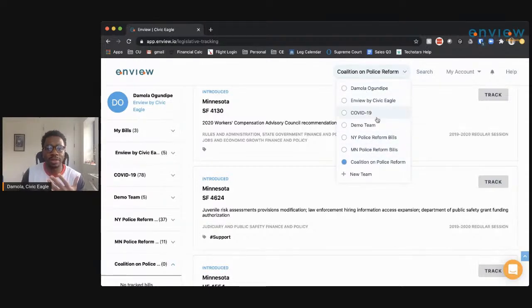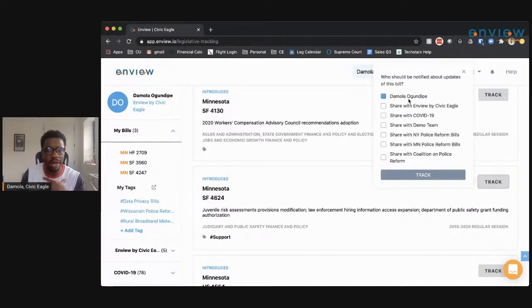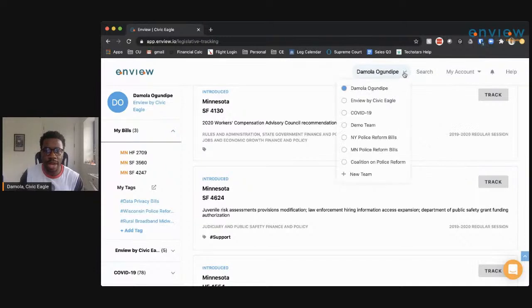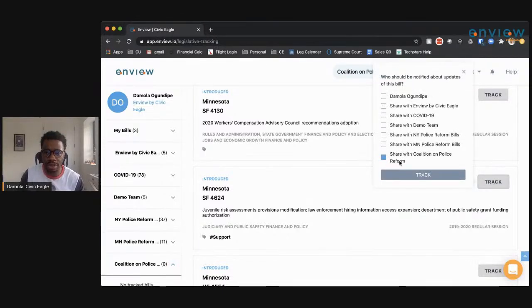So let's say, for instance, I was in my own personal mode, just looking as an individual. I can click there and notice what happens now if I try to track that same bill. It will default to tracking it for myself. But remember, I want to track this for the Coalition on Police Reform team. So I'm going to select the mode Coalition on Police Reform. I'm going to track that bill, again, defaulting it to me, and then I'm going to click on